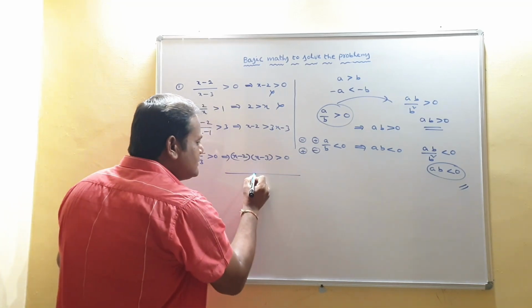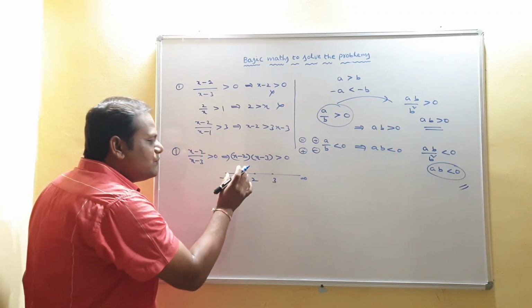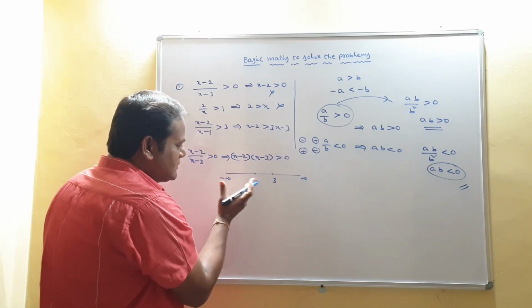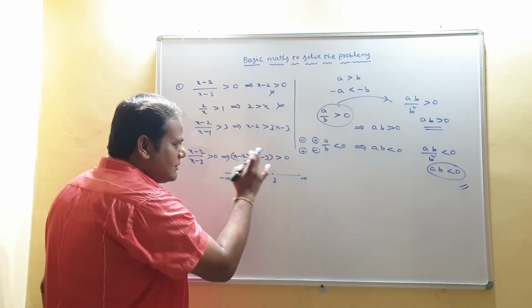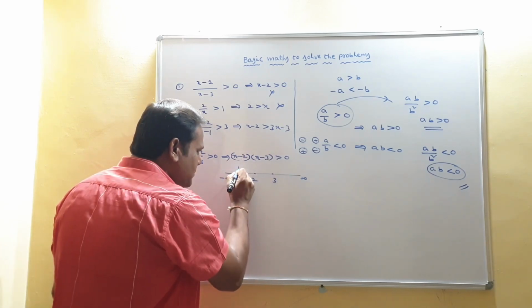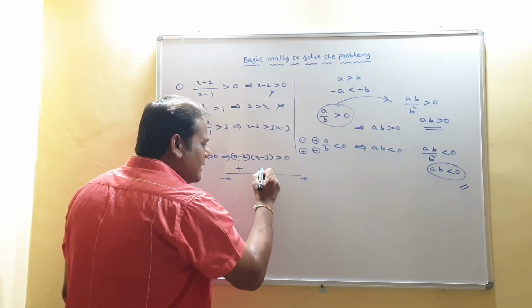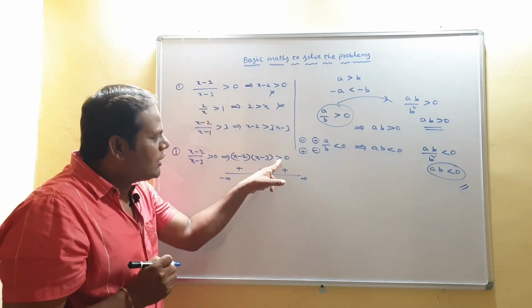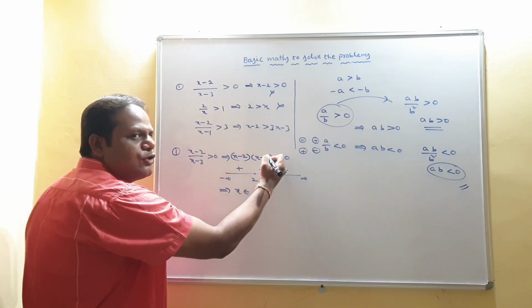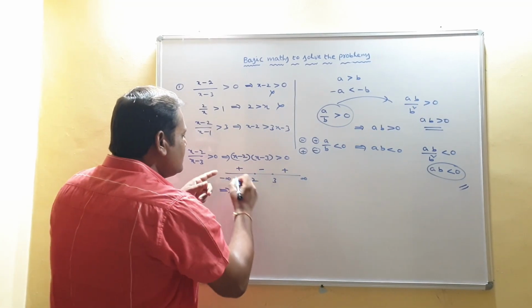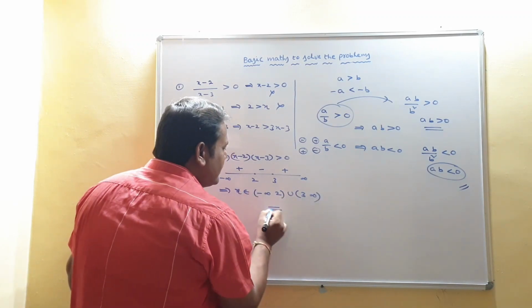Already we discussed. Here it is 2 and it is 3. It is infinity and it is minus infinity. You take any one value in any one of the intervals. So between minus infinity and 2, 0 we have. You put 0 in this inequation, then you get negative into negative, that is positive. So no need of verifying the remaining. Alternatively, you change the sign, that will be correct. So negative and positive. What we want here? Greater than 0, meaning positive. So where it is positive? That is minus infinity to 2 union 3 to infinity.